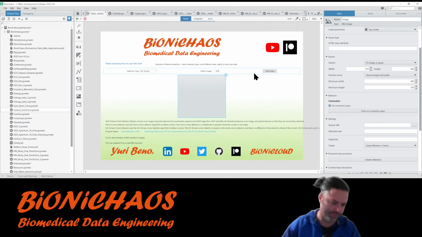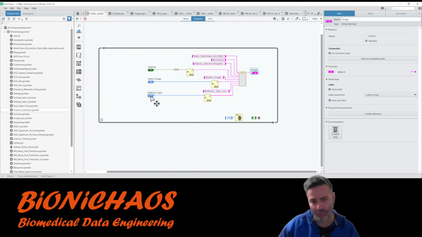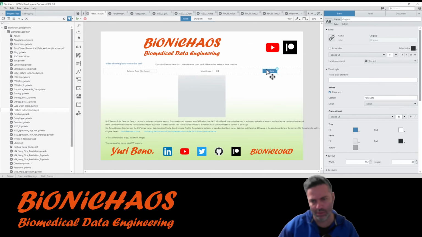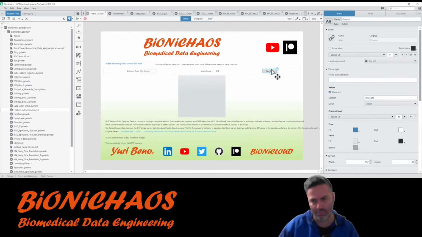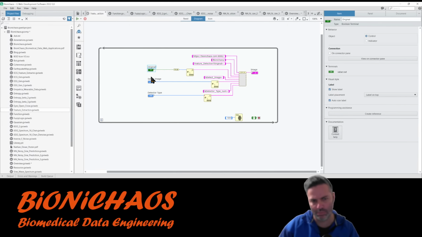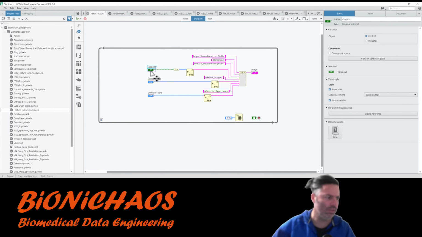Would have the three different images, raw data. Is that really raw data?